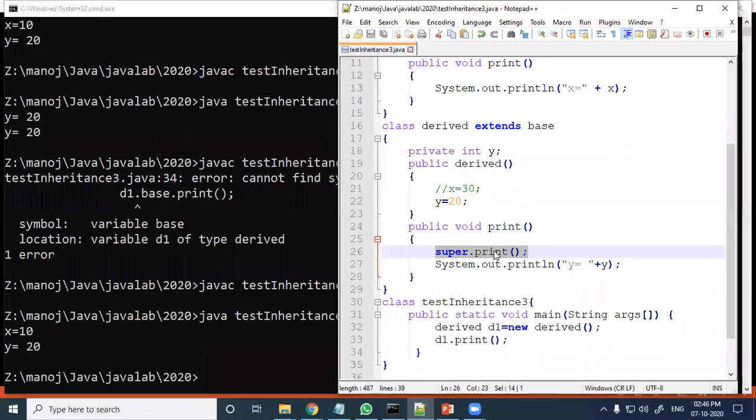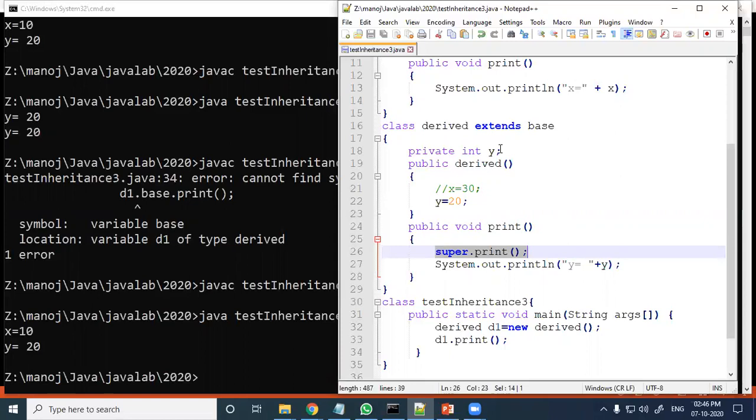It is necessary when, inside the current class, a same-named function with the same parameters is there; then the super keyword is required. So this concept we now understood.